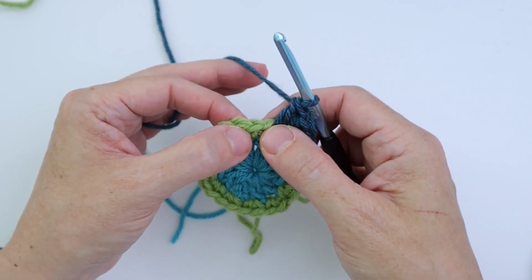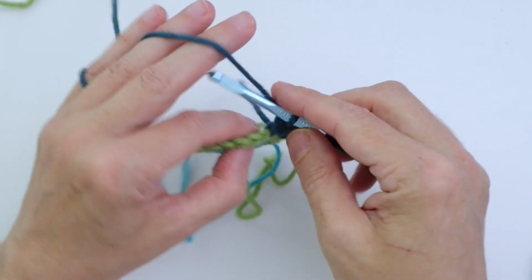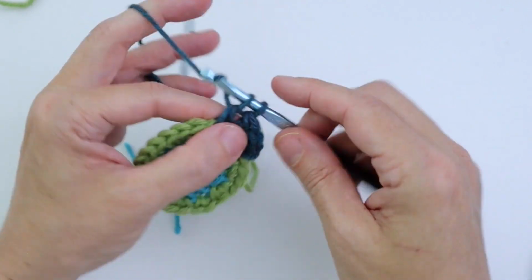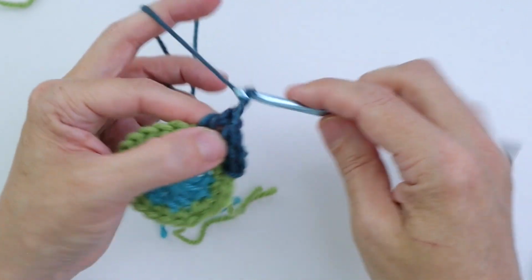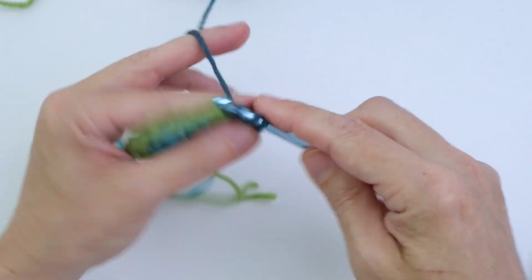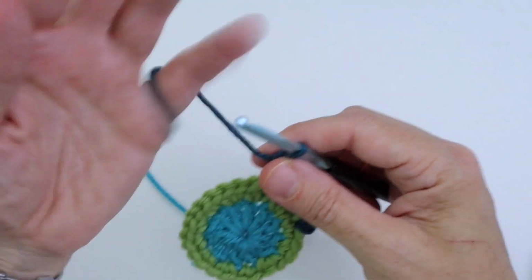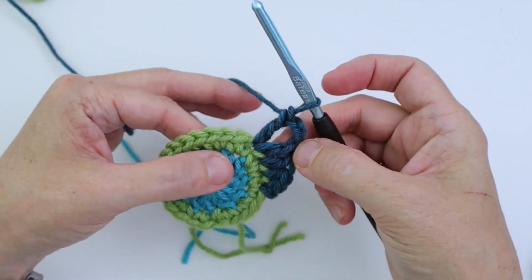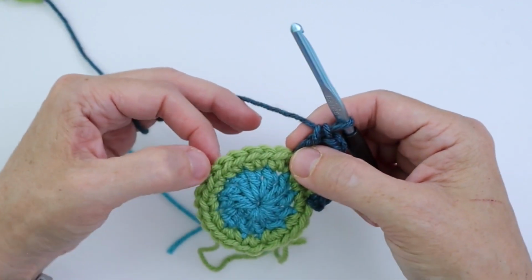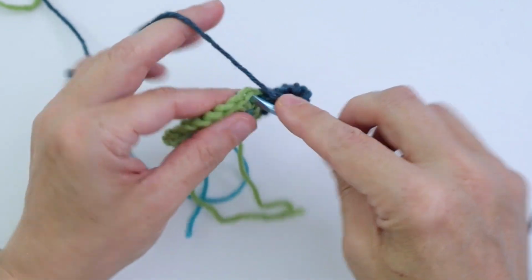So our corner is double crochet, chain 3, double crochet in the same stitch. So we do this, into the next stitch, we work a double crochet, chain 3, and a double crochet into that same stitch. Get my yarn out of the way here. And that is our corner. So now we're going to work across the next side of our square by working a double crochet into the next stitch,